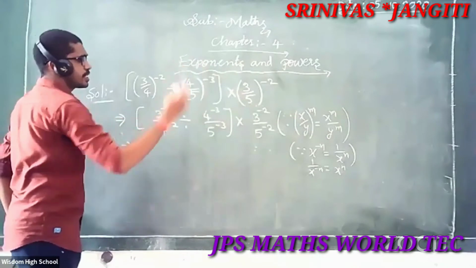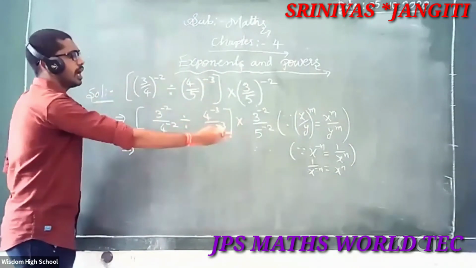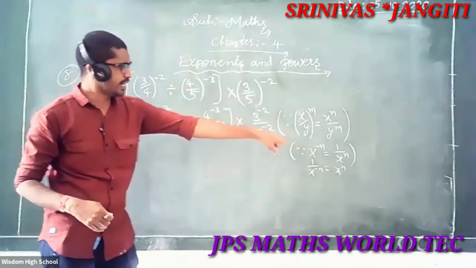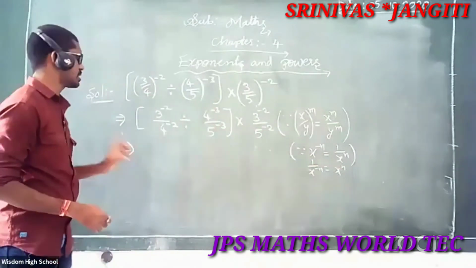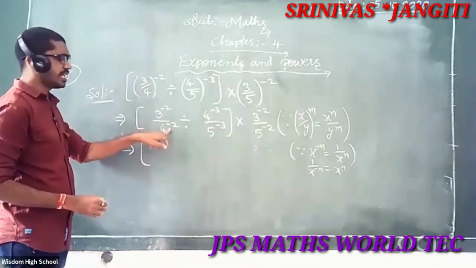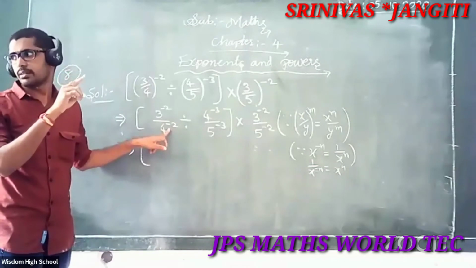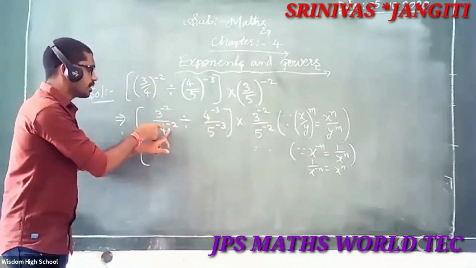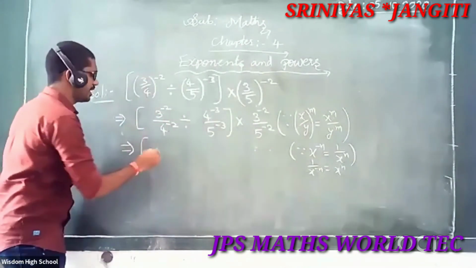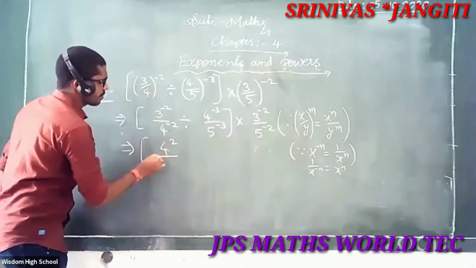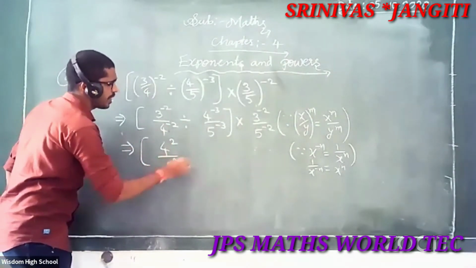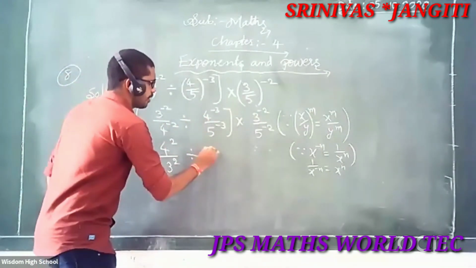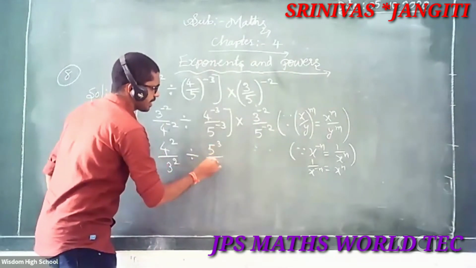So finally, what is here? x to the power of minus n is equal to 1 by x to the power of n, or 1 by x to the power of minus n is equal to x to the power of n. So anywhere, it becomes positive, positive. Then here also same, you observe. Here negative, take now upside. Right. You observe here, what is now here? Negative. Then, very good. What is here? 4 square by, here what? 3 square. Then after, what is here? Divided by same. Okay. Then after here, 5 cube by 4 cube.